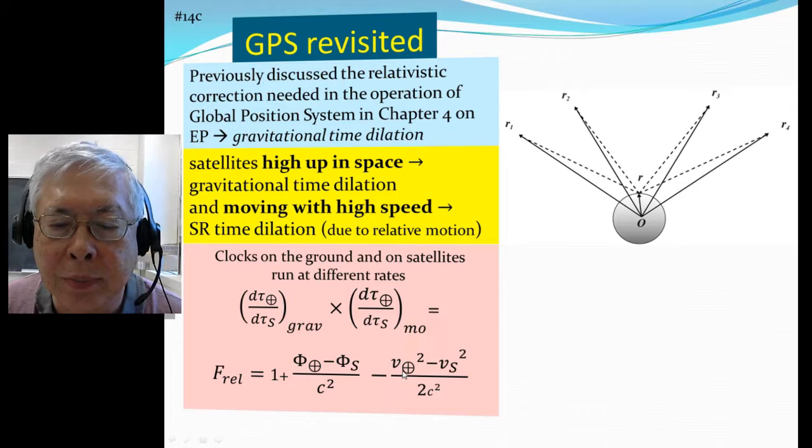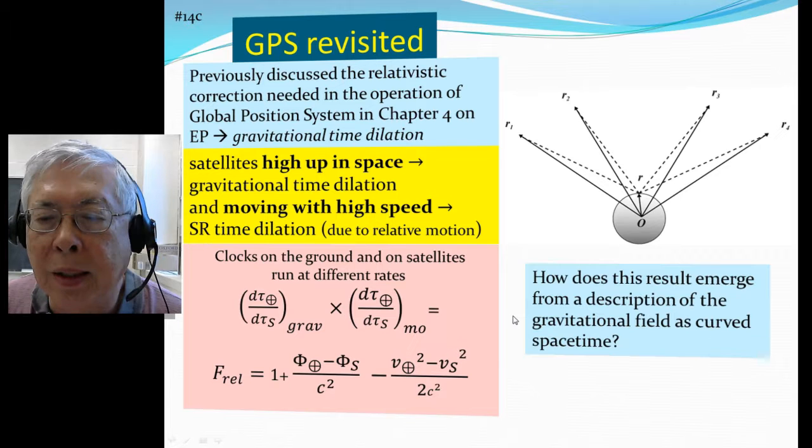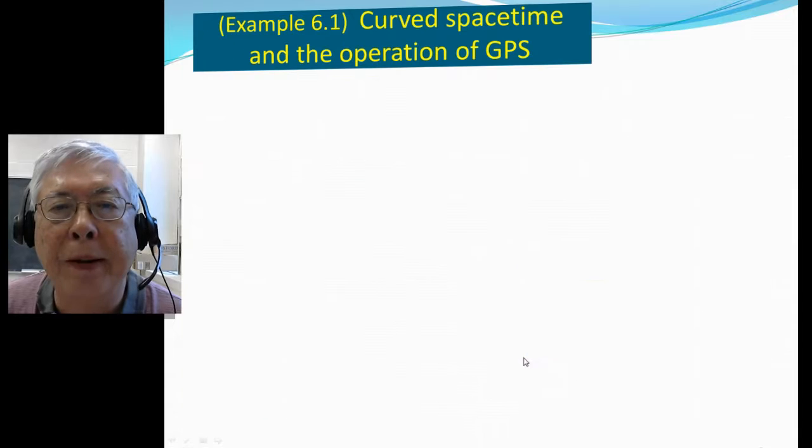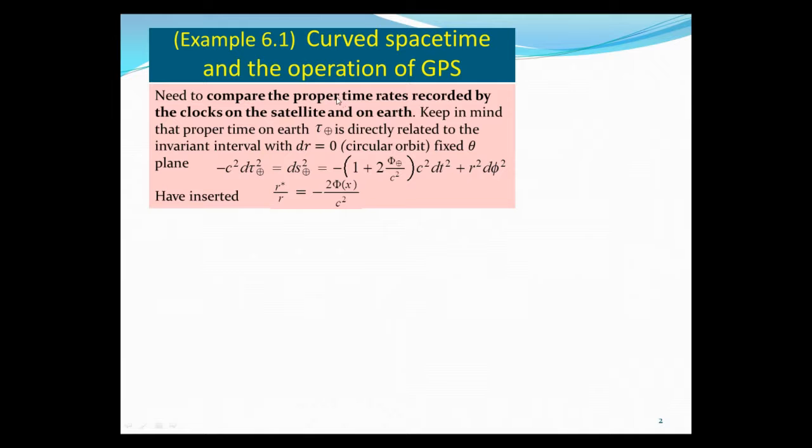And here's how this result emerged from the description of the gravitational field as a curved space-time. This was done as example 6.1 in the book. We talk about curved space-time and the operation of GPS. So we need to compare the proper time rates recorded by the clock on the ground and on the satellite, and keep in mind the proper time, on either Earth or satellite, but let's talk about Earth first, is